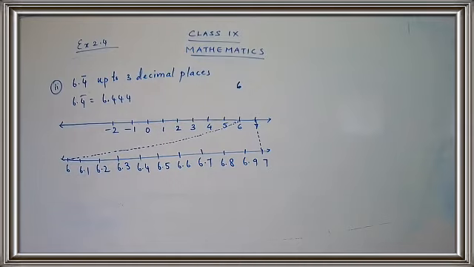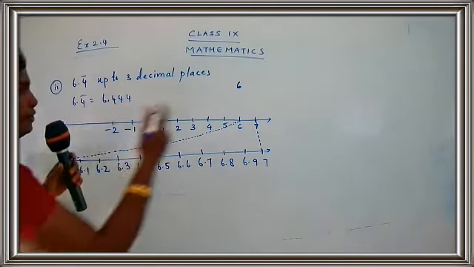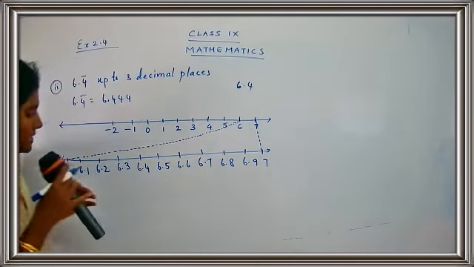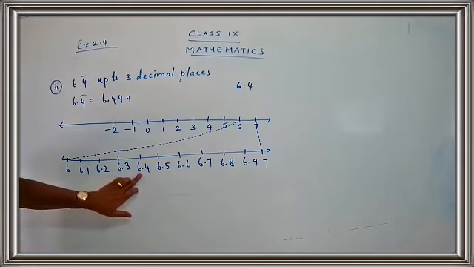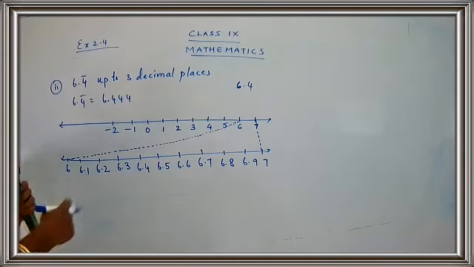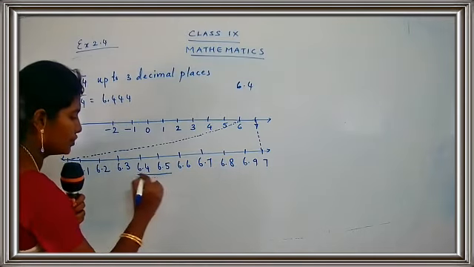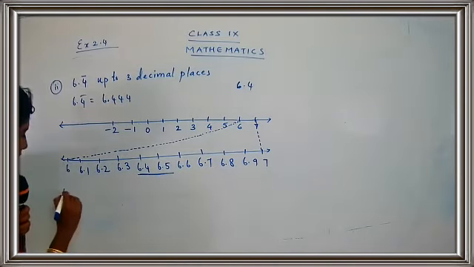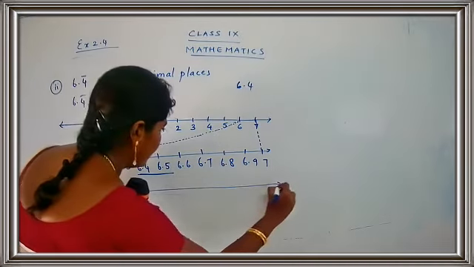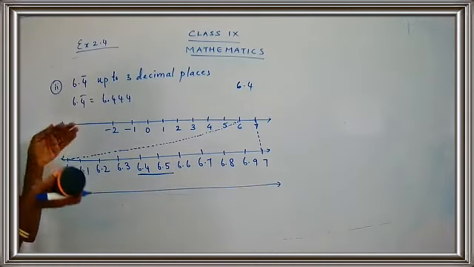Okay, now let's go for the next number. What is the next number we have? 0.4. Okay, 0.4. So put here 0.4. Okay. Where is 6.4? Here, yes. So you have to take this number and you have to take the next number. What is the next number? 6.5. So you are going to focus on these two numbers. Okay, children? So let's draw a number line. Yes, I have drawn a number line. Do not draw the number lines very close to each other.